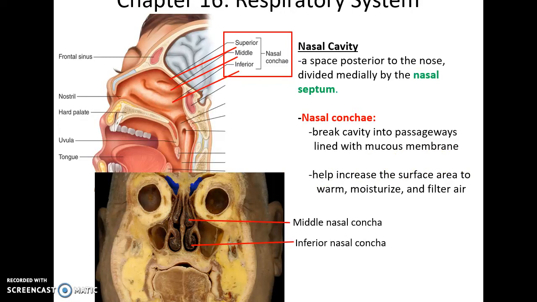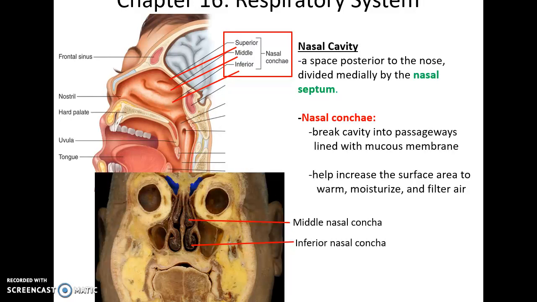Coming off the lateral walls of the nasal cavity are these nasal conchae, these little structures that push into that space. They break the cavity into passageways that are lined with mucous membrane, increasing the surface area that then gets to be exposed to the air being brought in. This allows the air to become warmed, to get water into it, to moisturize it, and to filter any particulates